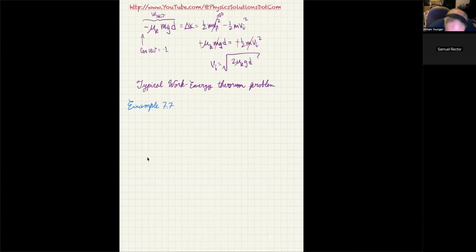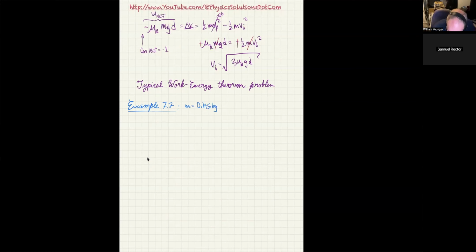Example 7.7 says a 145-gram baseball is thrown so that it acquires a speed of 25 meters per second. What is its kinetic energy? And B, what was the net work done on the ball to make it reach the speed if it started from rest? So what we have here is m, which has to be put in kilograms, is